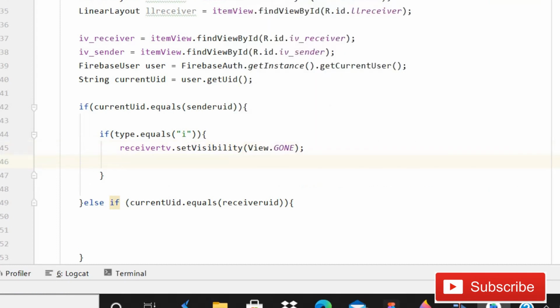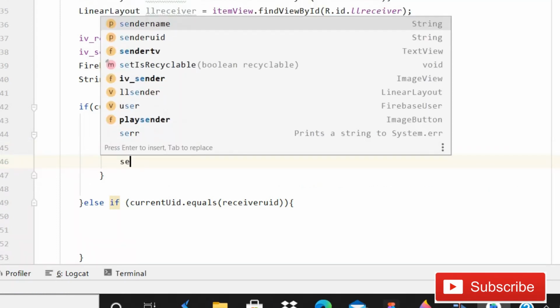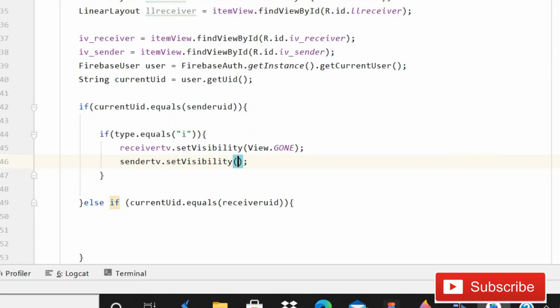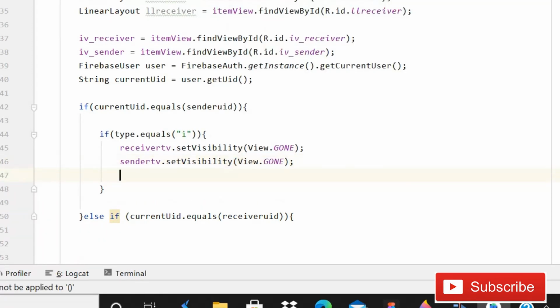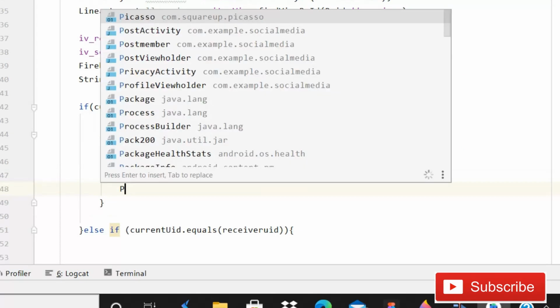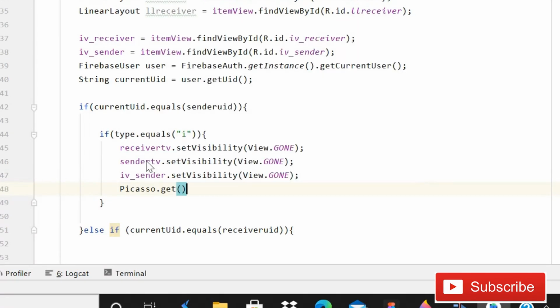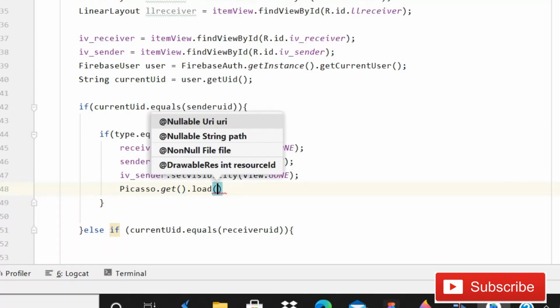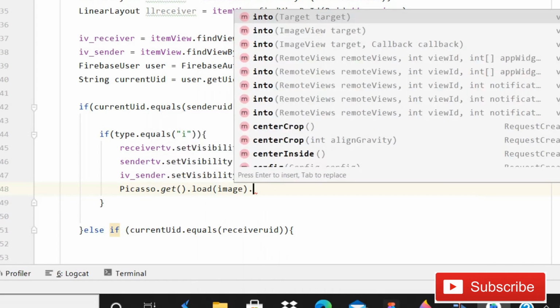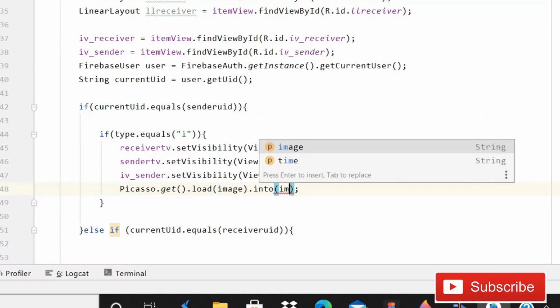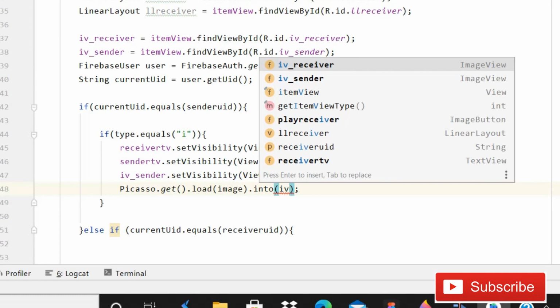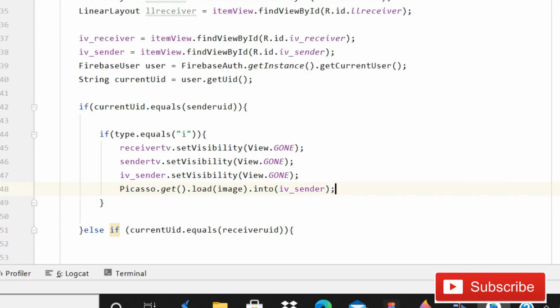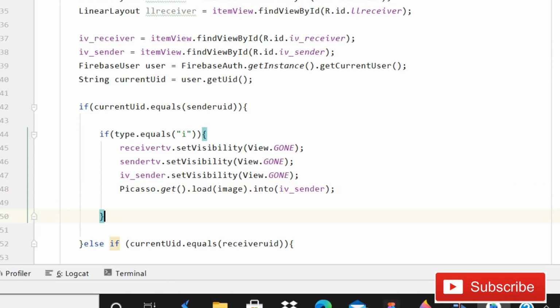Then sender tv dot set visibility, again gone. Then iv sender dot set visibility, gone. Then use Picasso dot get dot load, write image dot into image view iv sender, obviously, because it is the sender.